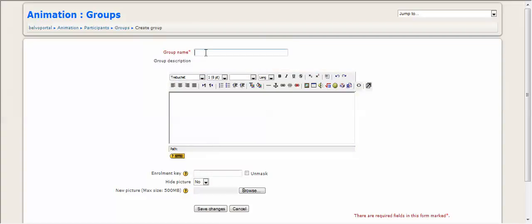and I'm going to call one group class 1, and I'm going to use the enrollment key ENRCL1. So ENRCL1. Now one tip I would give you is that the first 3 letters of the enrollment key should be the same as the overall enrollment key for the course. So just like I did in the last video, you should set up an overall enrollment key, and the first 3 letters should be the same in this class. You then press Save Changes,